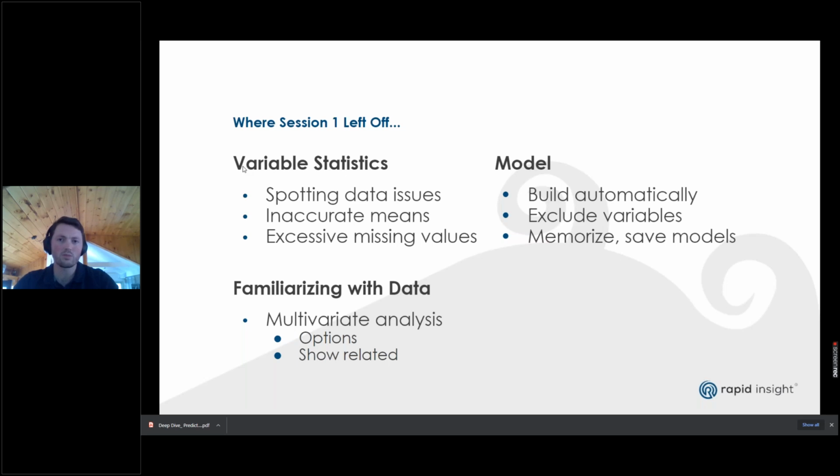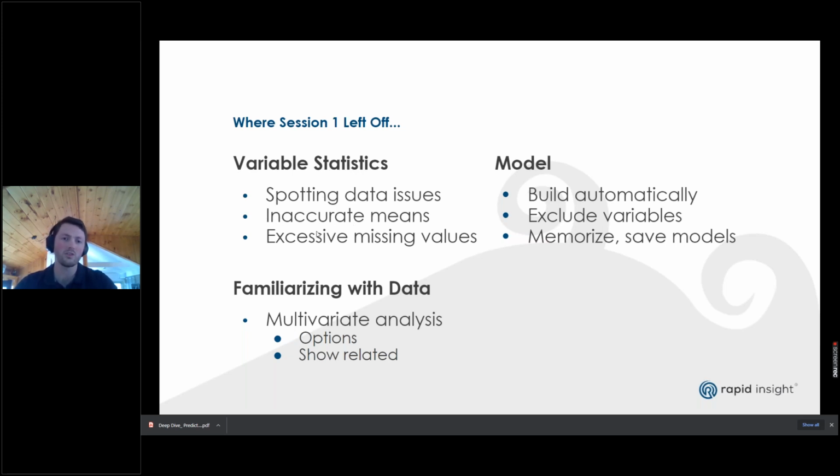Involved students that had been admitted to the institution but had the opportunity to enroll. That is to say, they might not have, but it's a favorable outcome. So the goal was to find out who would enroll, essentially what were the likelihoods, and to identify characteristics associated with that. So to support that, we looked at the variable statistics tab, which helped us to spot data issues,